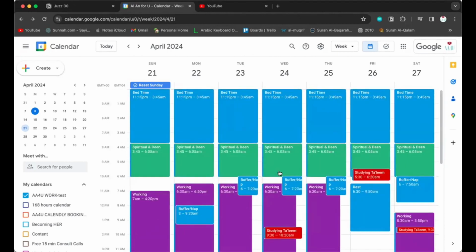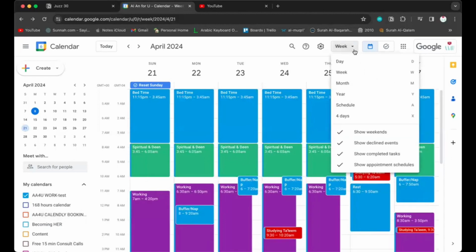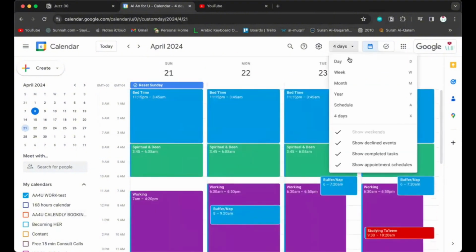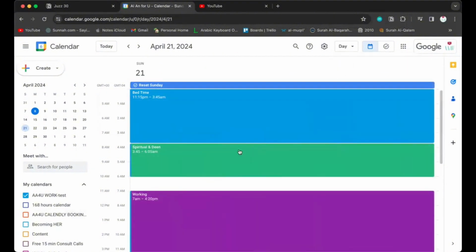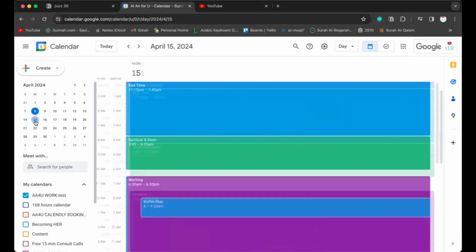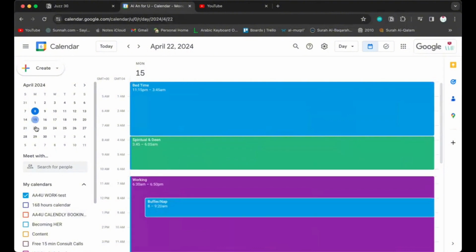That's the idea. Here is the ideal schedule for y'all. So this is nice. So now if I put my real, don't run away, I'm about to put the real one. Okay, this is what I'm gonna do. I don't want to overwhelm you. So I'm gonna go ahead and put 4 days. No, let's do 1 day first. So let's go to a Monday. Let's go to the 22nd. And let me compare that to my actual calendar.